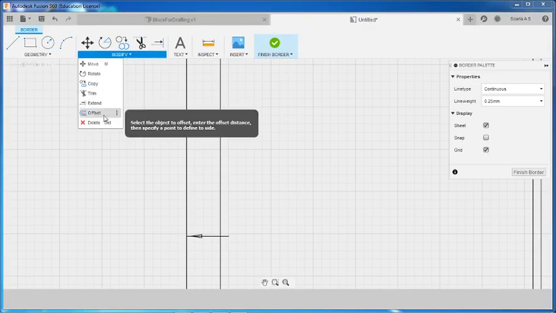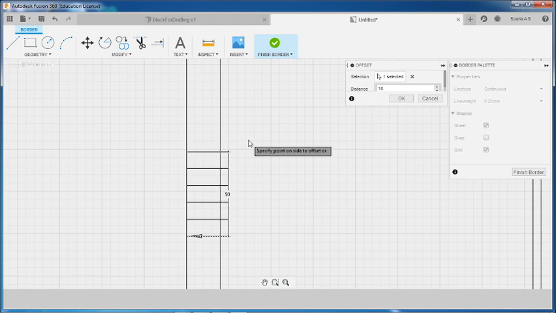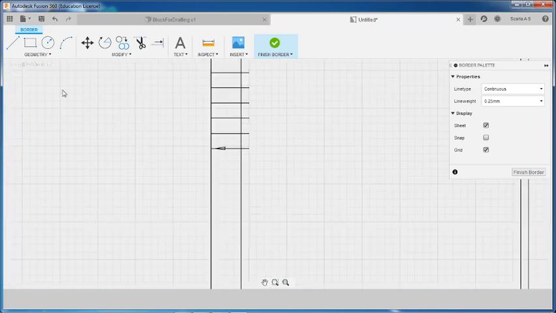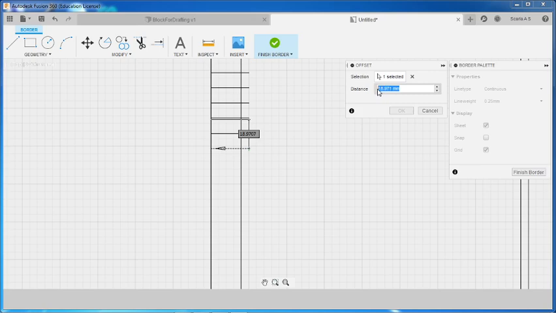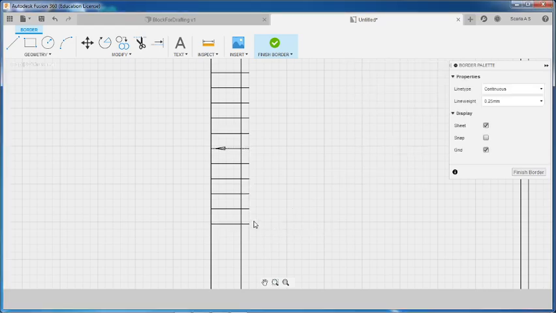So modify offset, select type here 10, 1, 2, 3, 4, 5, 1, 2, 3, 4, 5. Okay. Again modify offset, 10, 1, 2, 3, 4, 5, and